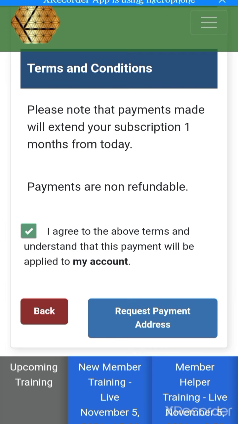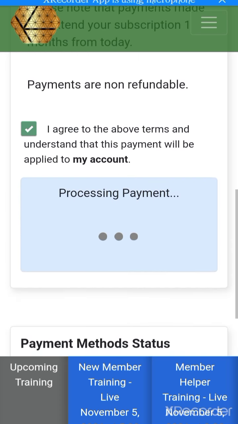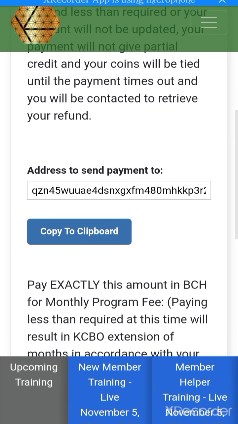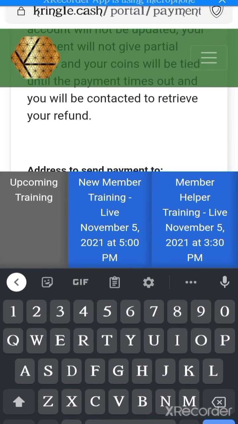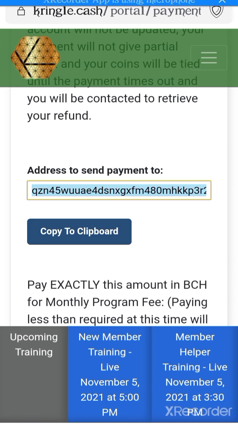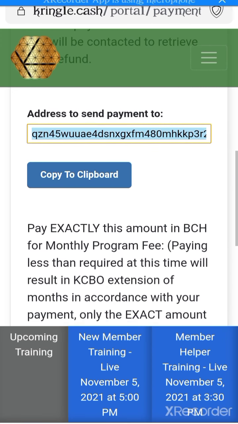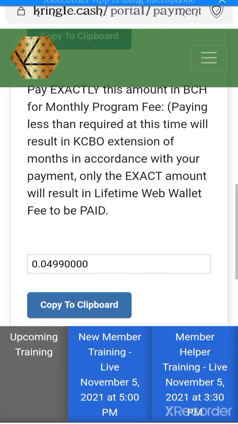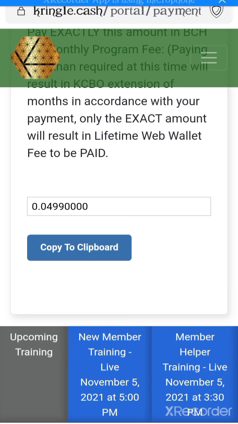So for that, you click on request for payment address, allow it. Good. Then here is the payment address. Then you click on this to copy the Bitcoin Cash wallet address and paste it on your wallet to send out. And at the same time, you come down again and also click to copy the